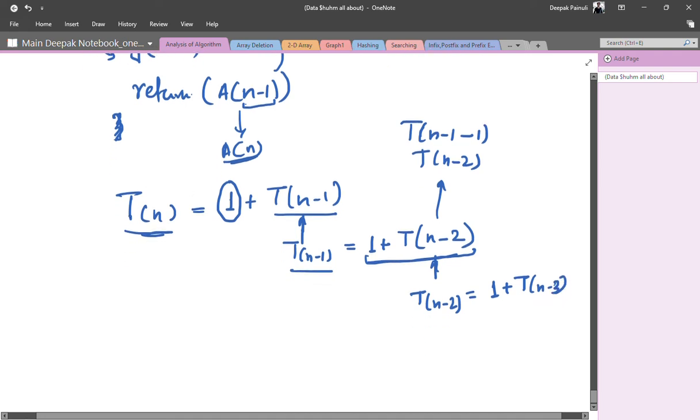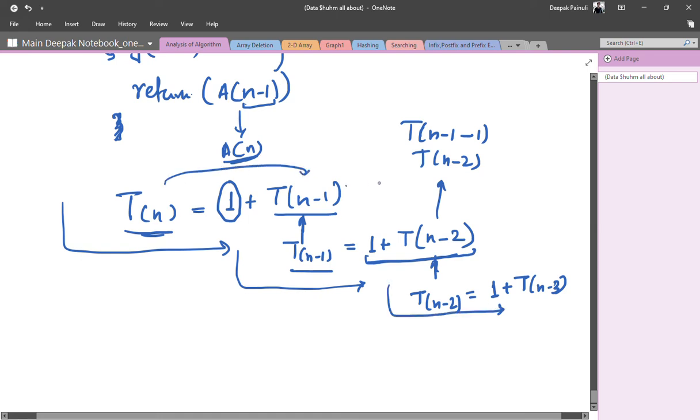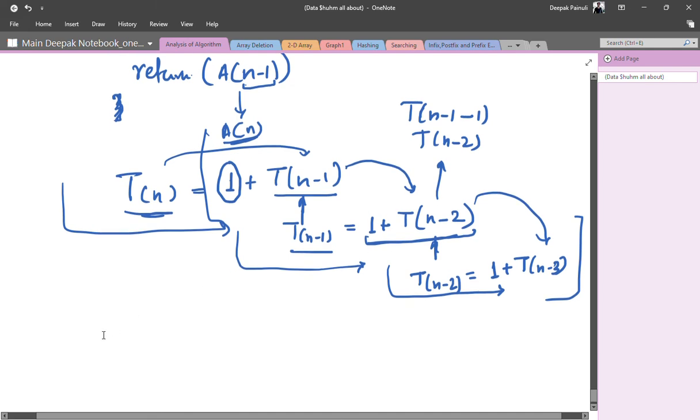In the similar way, you can see that we have an established chain where a function calls itself again, and again this function calls itself, right? In the similar way the execution of the program will happen, and the total time complexity will be the summation of all these coming under the tree, right?